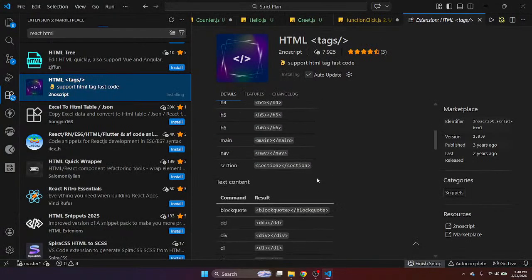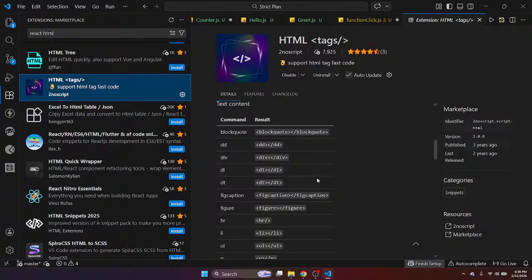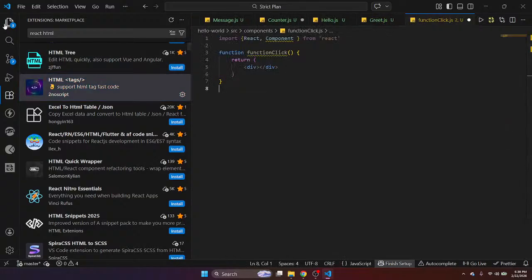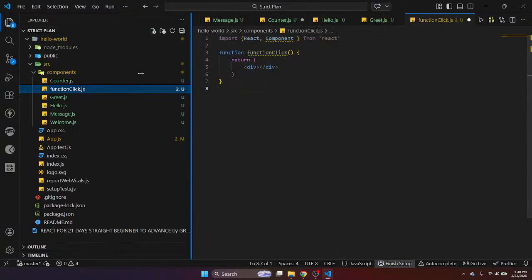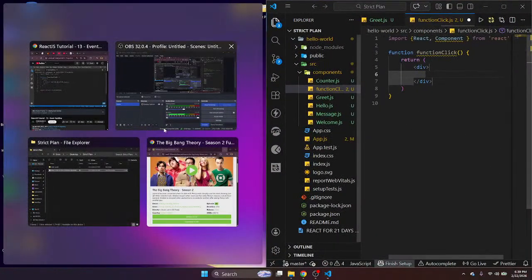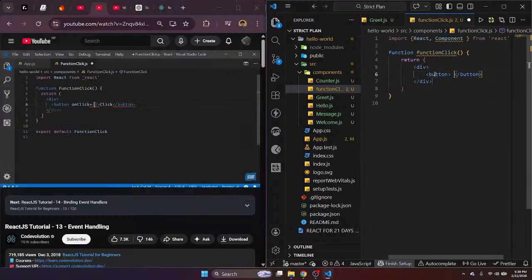Trust, okay, this is what I wanted. Okay, does it work in this or is it just HTML? Like if I write div, okay, it works. So this is the main problem. Button. It doesn't work for self-closing tag, so that's